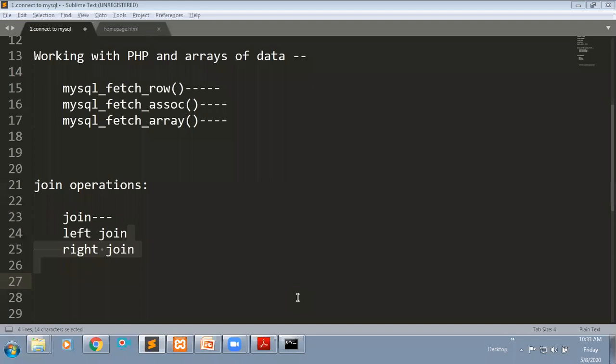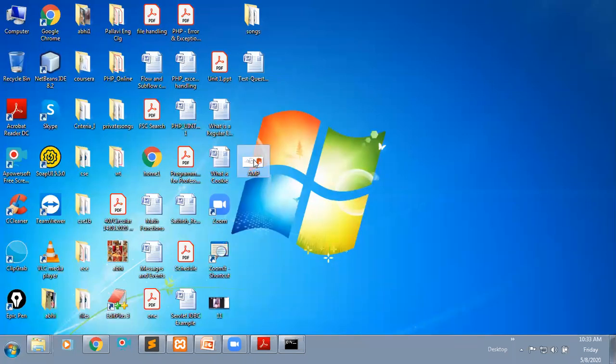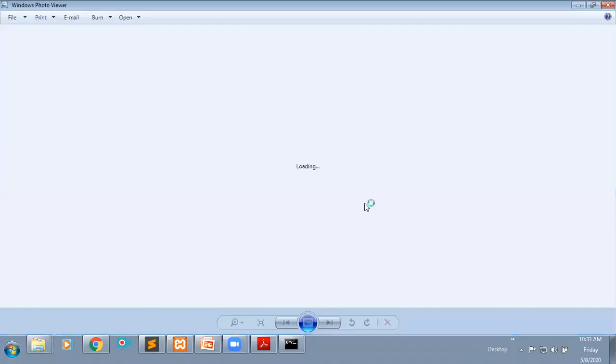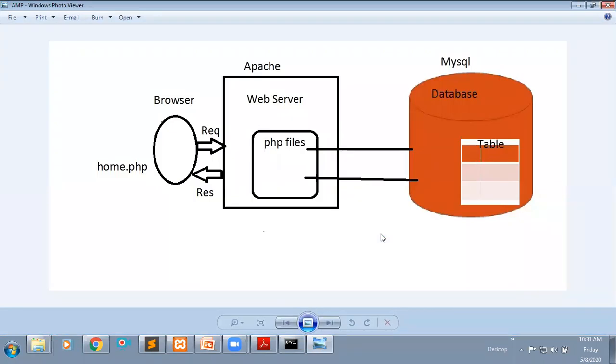Then we did some operations. We created some databases by using these PHP files. We connected to the database, then we created some databases, and within that database, we created tables. Actually, in databases, data is stored in the form of tables only.